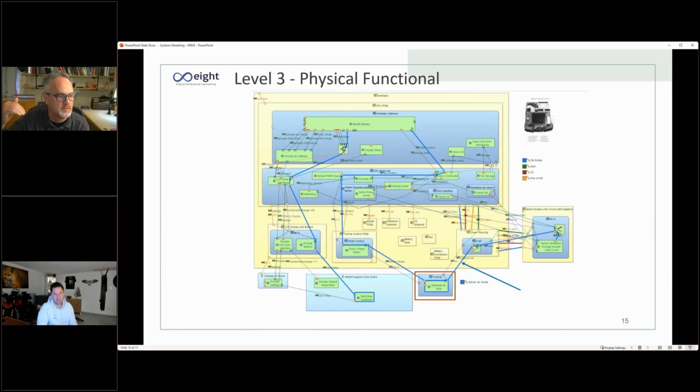So this is the Siemens Systems Modeling Workbench tool, and it uses the Arcadia method to decompose through levels the different functions, so you can get to a physical representation of what those functions are. Very important to have a complex graphical modeling tool to be able to do that, but it's important also to understand the interface then between the functional diagramming and the requirement set, so you understand how those two things relate